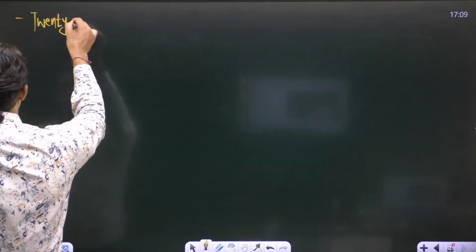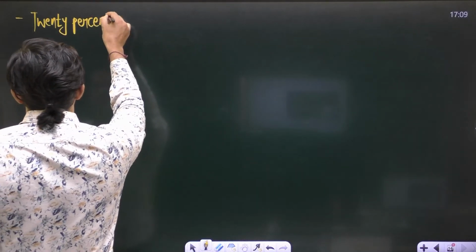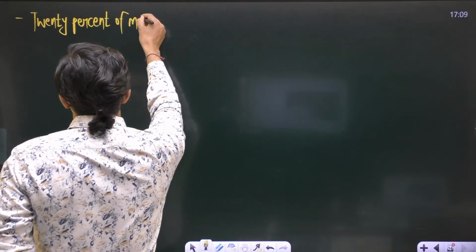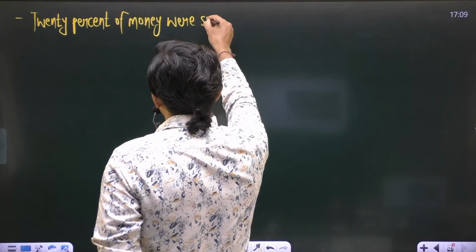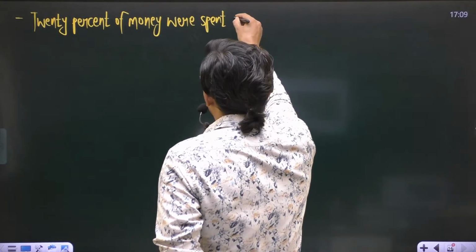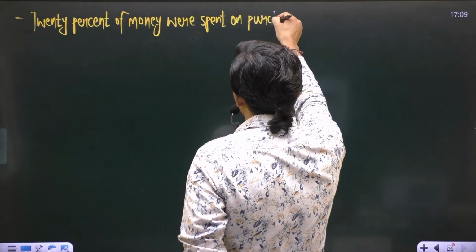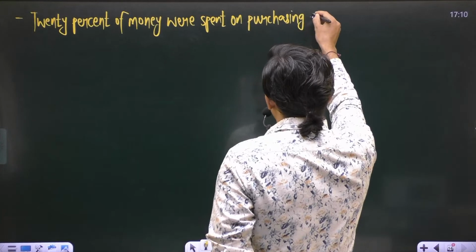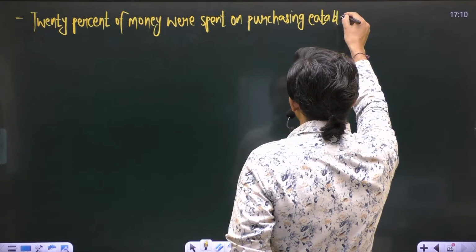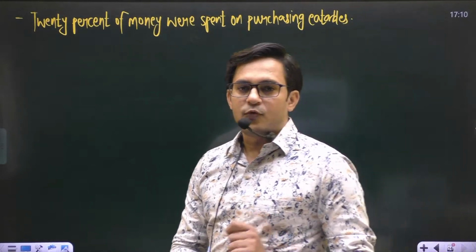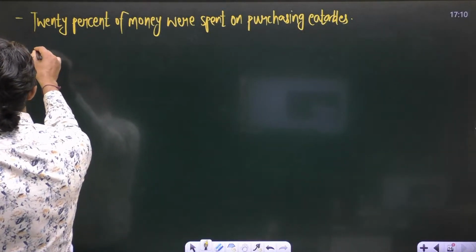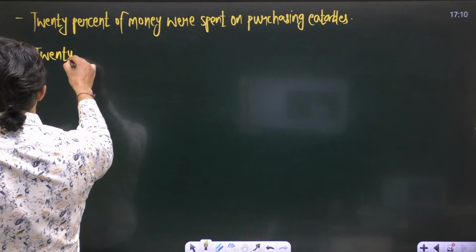A sentence I have, if I say 20% of money were spent on purchasing eatables. 20% of money were spent on purchasing eatables. First sentence. And the second one is, if I say 20% of cattle